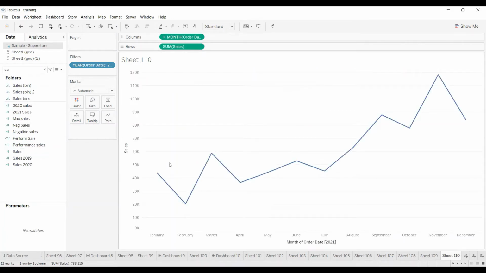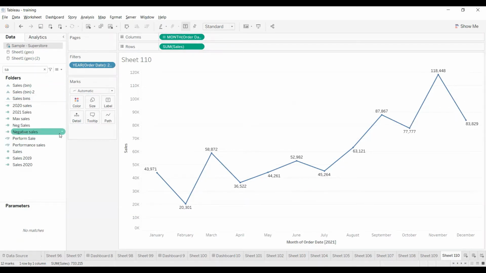By default, I'm getting a line graph, and along with each month level of data, I also want to see the cumulative totals of each and every month for this respective year.